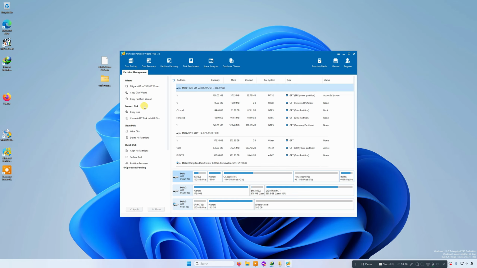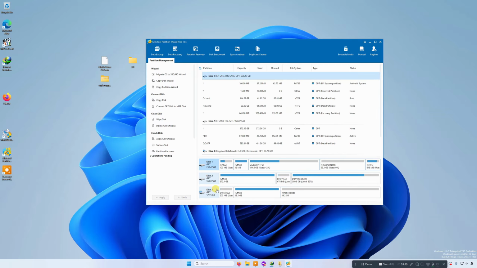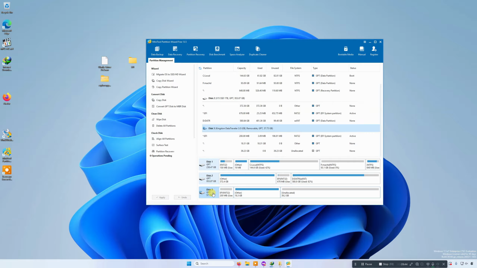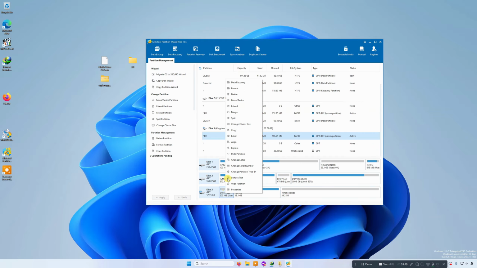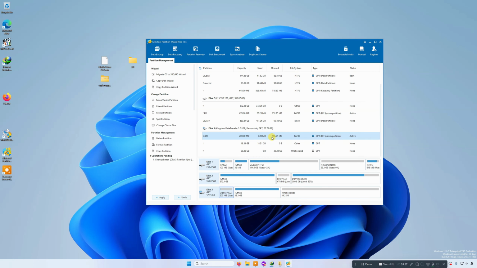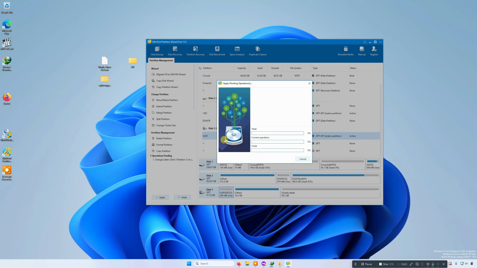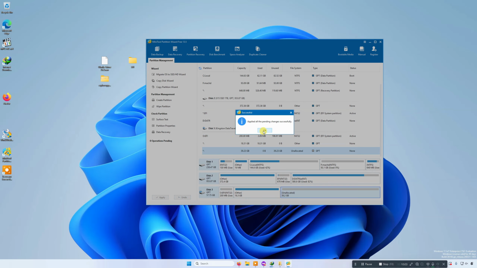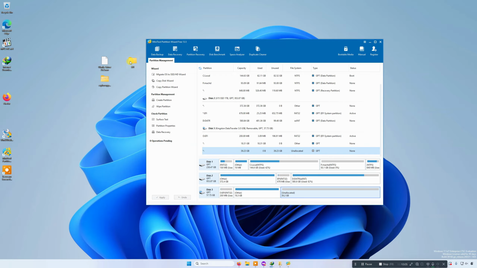After this one is open, just come here to our USB that is done, and then come here to EFI. Make sure you change the letter. So come here, change the letter, make sure it's not available. So I'll go with O, and then just click on apply. That one is done. So just copy the EFI